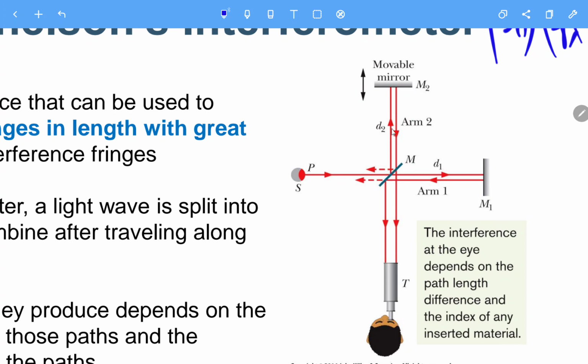One part goes this way, and the other goes the other way. The distance between this mirror and the splitter, and between this mirror and the splitter, should be the same. D1 and D2 should be the same, which means the time it takes for the light to travel should be the same. However, actually on the Earth, the Earth is rotating, and also moving around